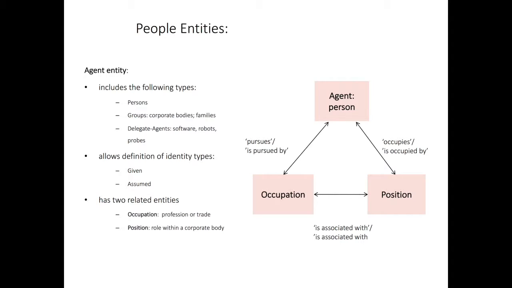RiC, though, has two further entities that model the contexts in which people act in relation to records, persons in particular: the position or role within a corporate body, which will often be associated with a particular occupation, the profession or trade, which give a person the competencies needed to successfully carry out the functions and activities that produce records. By defining these entities, then, RiC-based descriptions will allow users to navigate to records created over time by persons holding particular positions within a corporate body where known, and pursuing particular occupations.